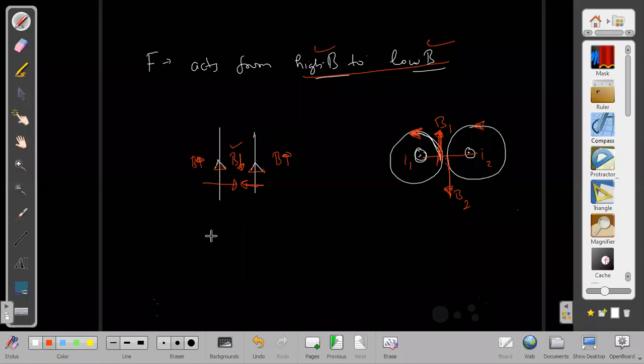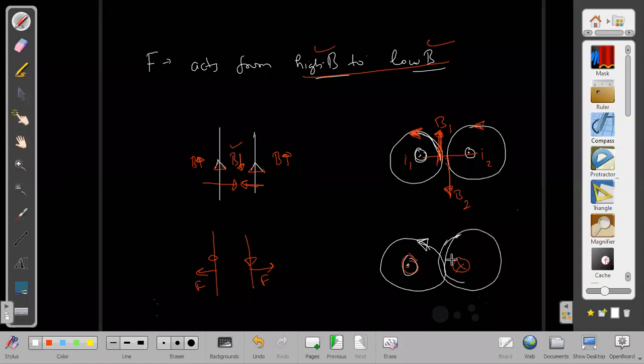Another example, if I take wires anti-parallel to each other, then the force will no more be attractive. It will become repulsive. Because in this case, if this is the dot side and this is the cross side, then due to the dot, current going outside, the field lines will be anti-clockwise. But due to the cross, the field lines will be clockwise. These will add to each other. If these are adding up in between these two, then the field in between is becoming stronger. So that strong field will try to repel these away from each other. That is what happens in such cases.